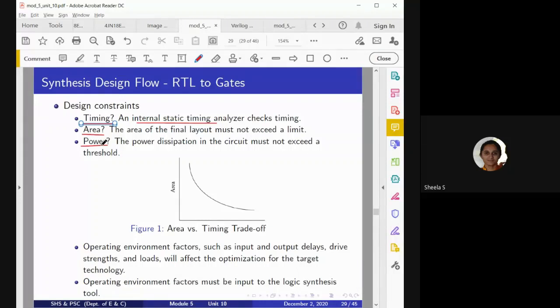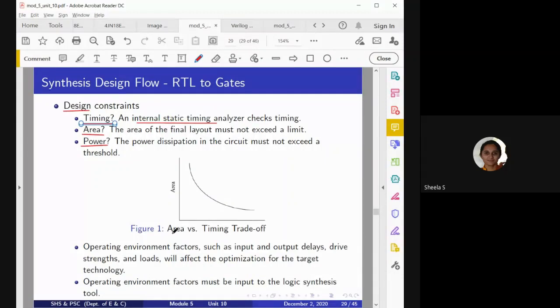If it is less than the threshold, then okay. If it exceeds the threshold, then we have to consider using different material, or heat sink materials, to reduce the power dissipation. All these things we have to consider. Those are the three things we consider while designing.